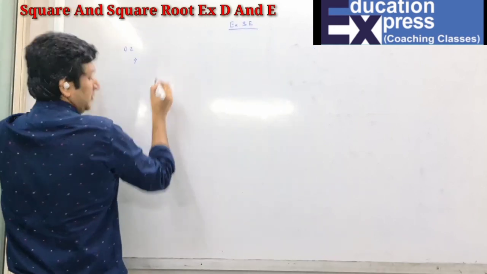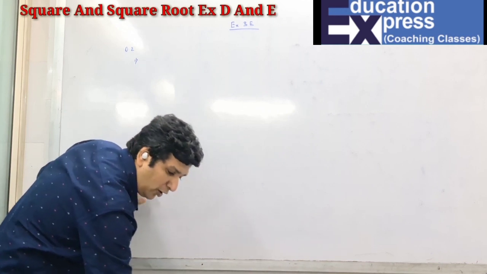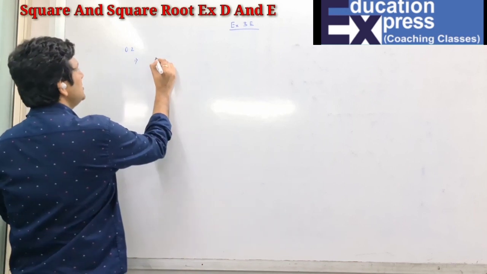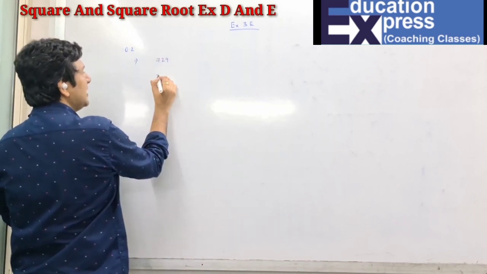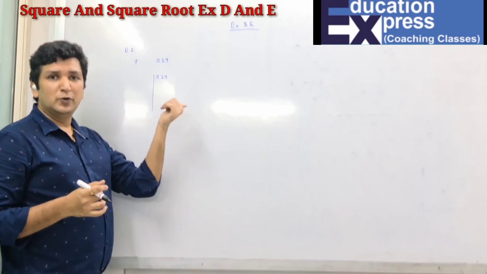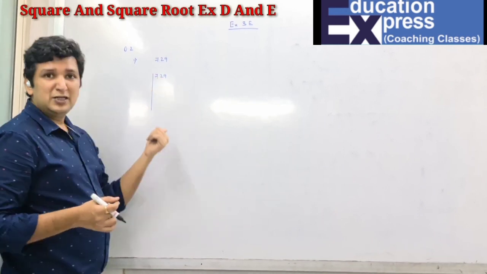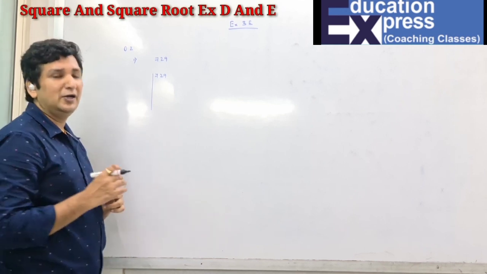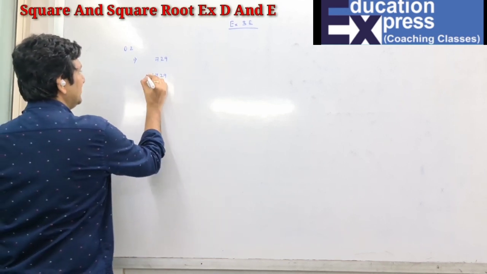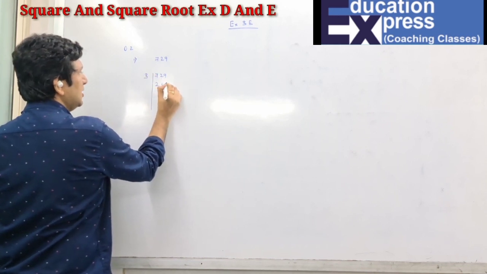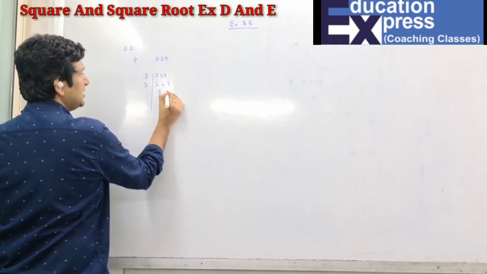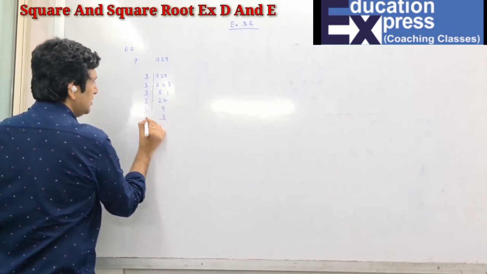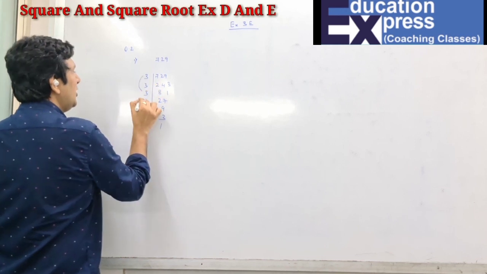Question 2, we have to find. Examine which of the following numbers are perfect cubes. In each case of the perfect cube, find the cube root. So over here, students, when they are given the number, first I'll find the factors. Over here you have to find the cube root. If you find the factors, you will get a pair of 3. That means you can find the cube root. If you cannot have a pair of 3, that means you cannot find the cube root over here. So now 729. 3 2s are 6, 3 4s are 12, 3 3s are 9, 3 8s are 24, 3 1s are 3, 3 27s are 81, 3 9s are 27, 3 3s are 9, 3 1s are 3. So yes, I have a pair of 3 threes.